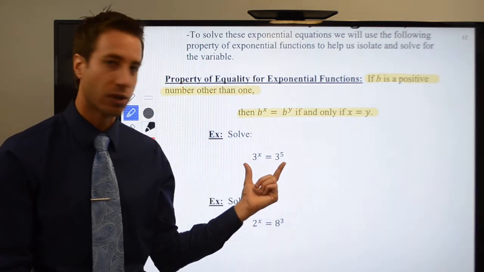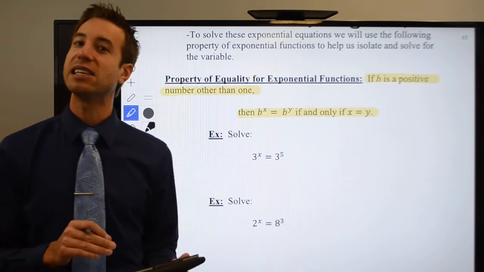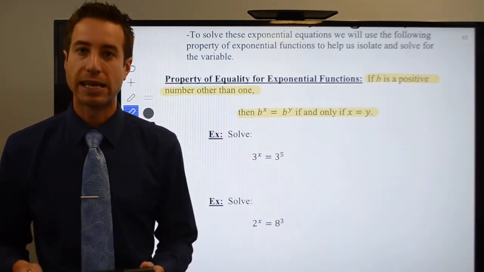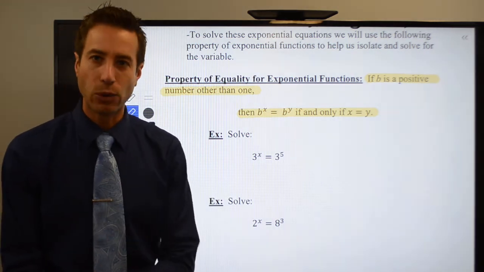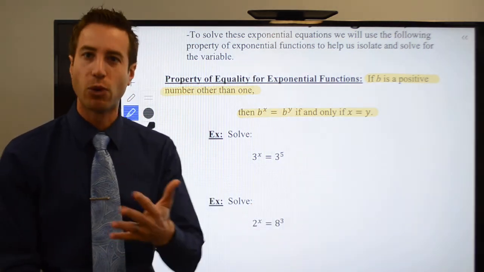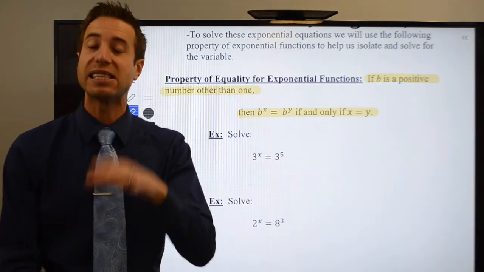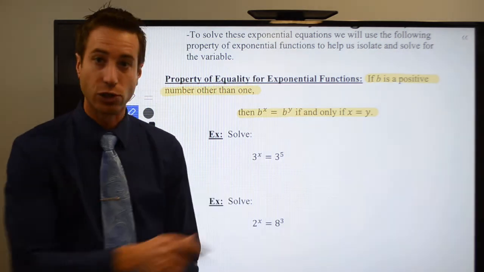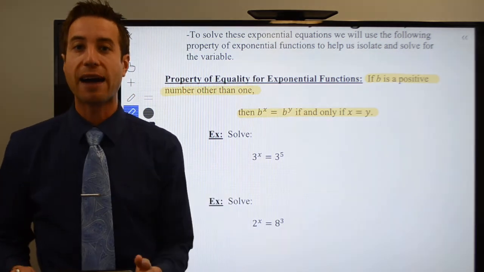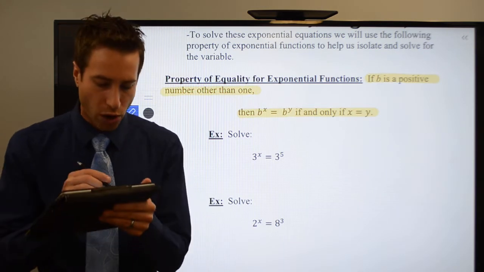I got a real simple example problem right here. We have 3 raised to the x is equal to 3 raised to the 5th power. Well, what is the only way that this equation actually has a solution? I've got a 3 to the 5th over here. What you have to do is take a look at this and recognize the only way this works is